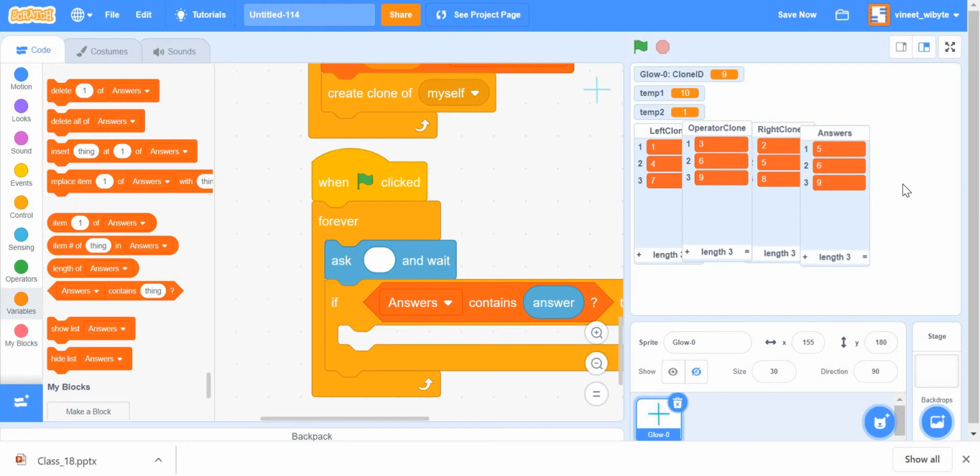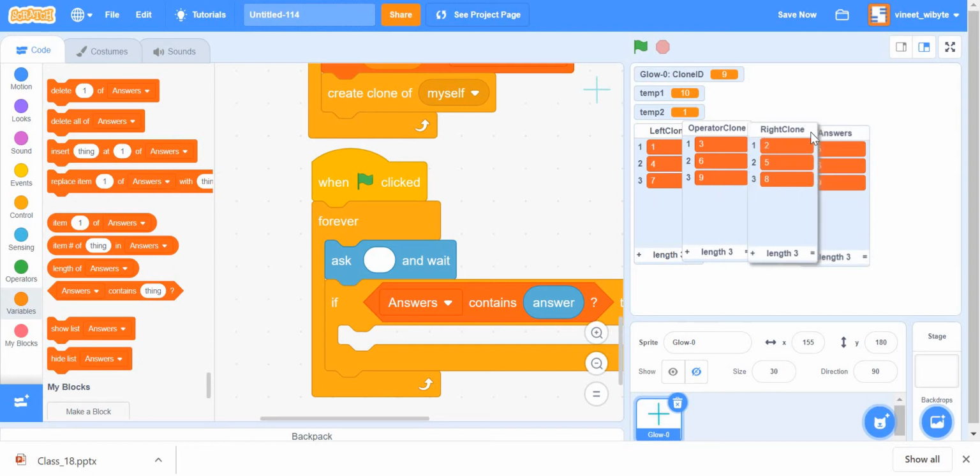So I'm going to have to delete these clones. But for that purpose, I must know which clones I am talking about, and that's where the structural scheme that we have come up with becomes very, very handy. So for example, in this situation right here, if I were to answer 9, then I know that the clones that I have to delete are the clones which are 7, 8, and 9.